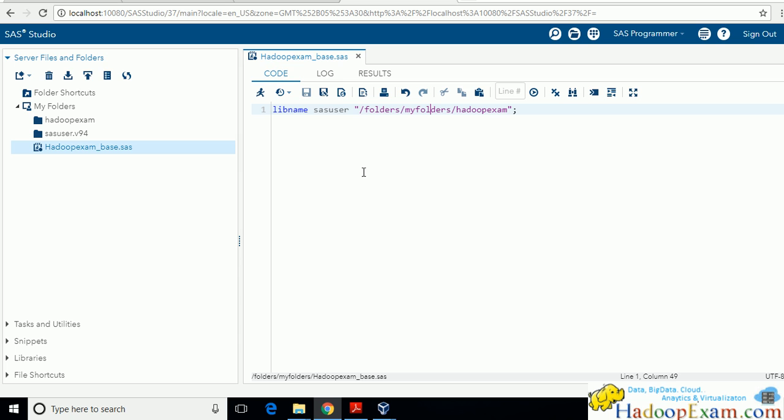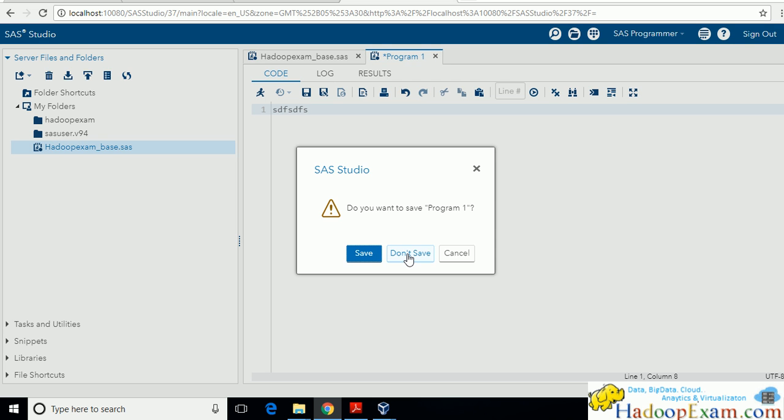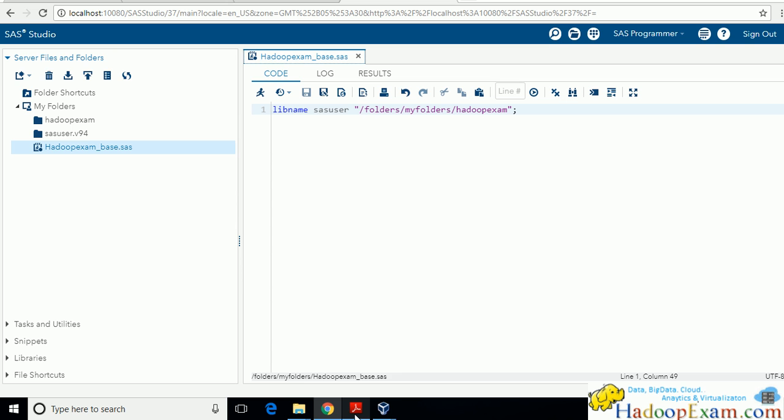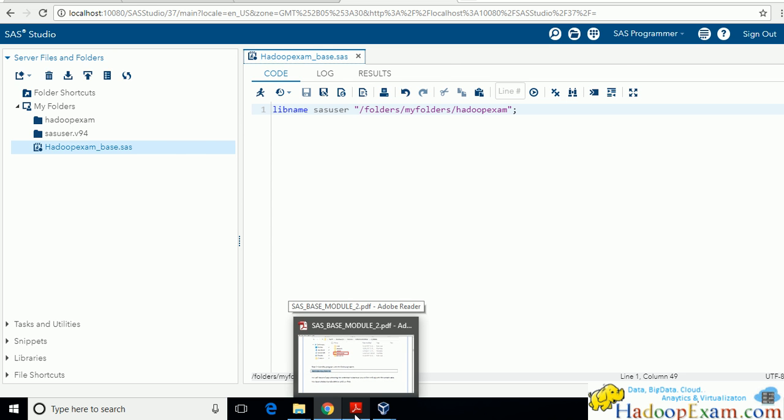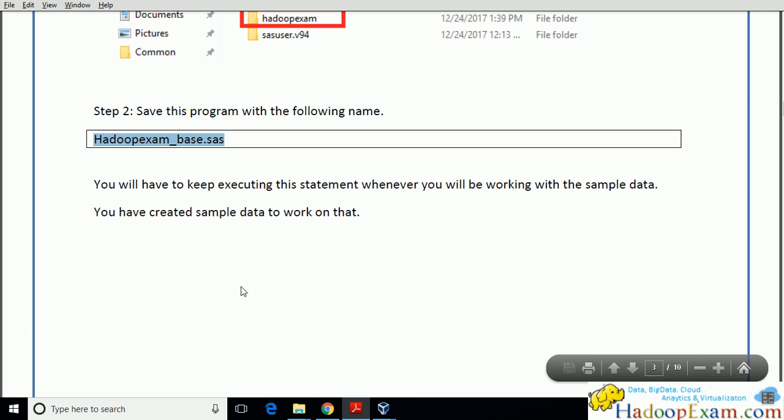If you want to create a new window in SAS, just press F4, and this would open a new window and you can write a new program here. So this is one window for writing one program and another window for writing another program. So parallelly you can have multiple programs. As soon as you become more familiar with this environment, you'll get to know how to work on this.